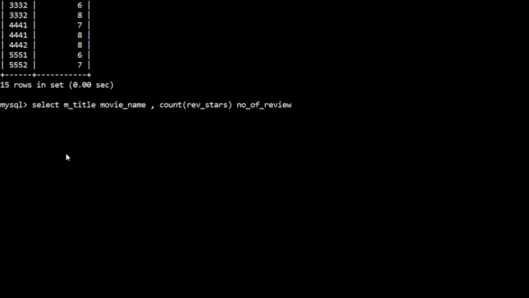And then I want one more, that is the highest rating, so we'll write max of review stars as highest rating. This can be obtained from the movies and rating tables, so I'll use natural join movies and rating.